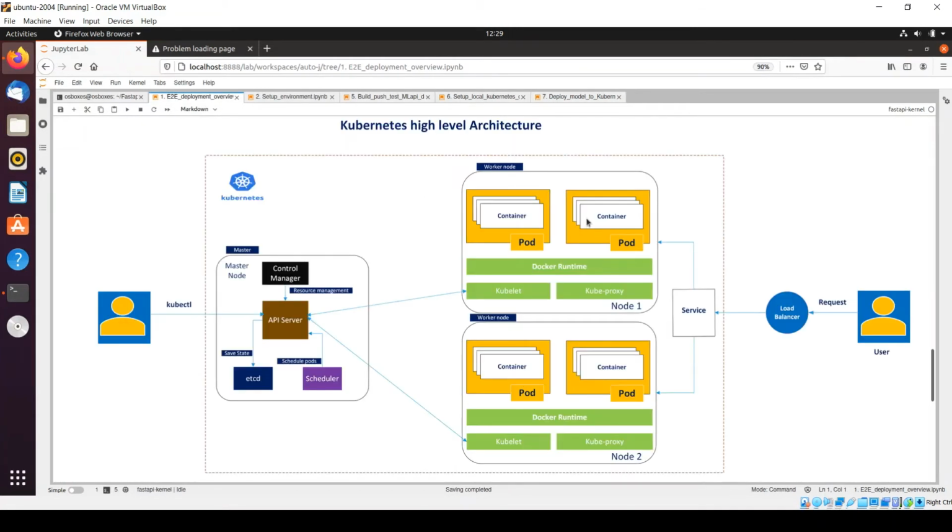If we just go back to this diagram, using node port IP, you would be able to access only either this worker node or this worker node, whatever IP you specify. But it will not route your traffic to both depending upon your workload, right? So that's the reason in practice we normally use the load balancer, which will automatically route a request to both workers depending upon your workload.